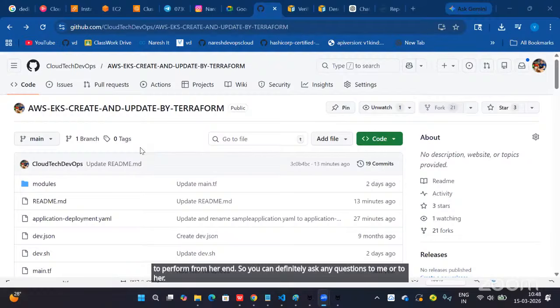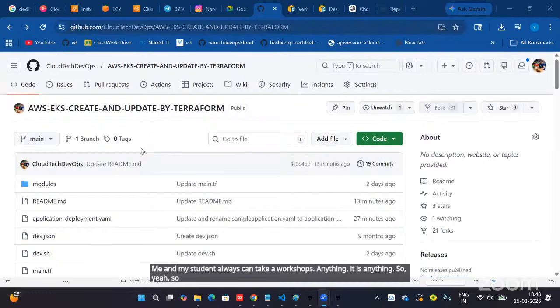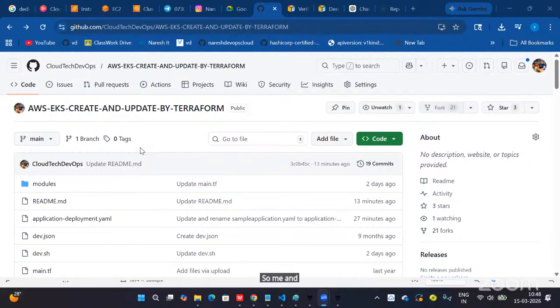In coming workshops also I'm planning broadcasts not alone; me and my student can take workshops. I started this trend from the last workshop onwards. As we build our own portfolios, in this workshop Bhavana and I are going to take care of the cluster upgrades. Okay, perfect.